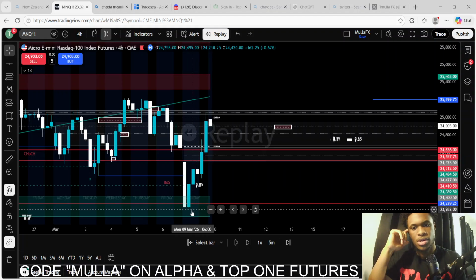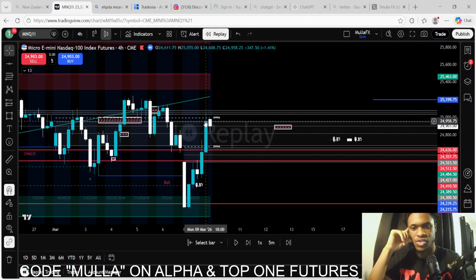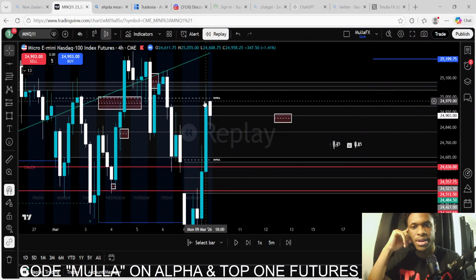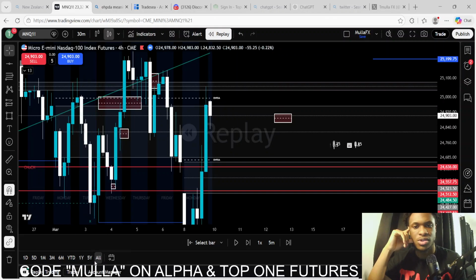Now, so obviously looking at this, we have been bullish. As you can see, we have been bullish. But we did respect this PD array right here. We respected it. Now if we go into the lower time frame, which I love to do as well,